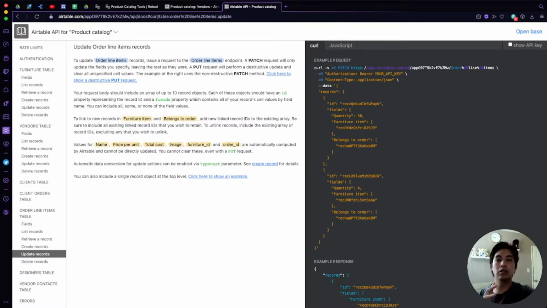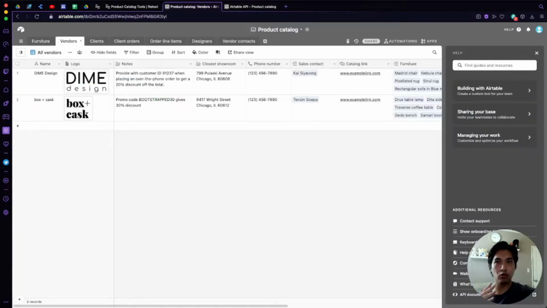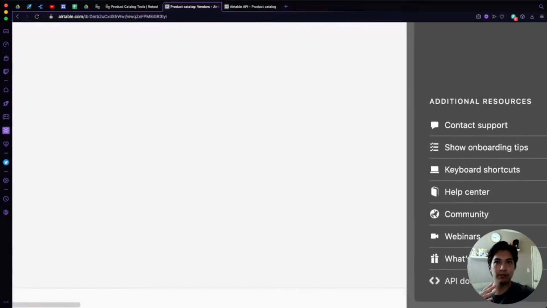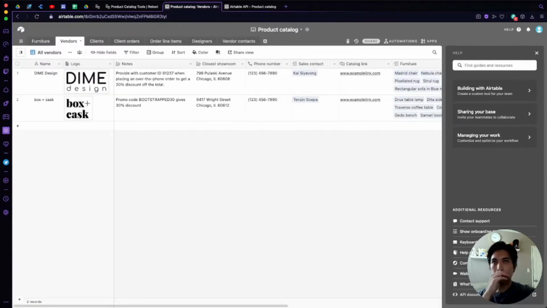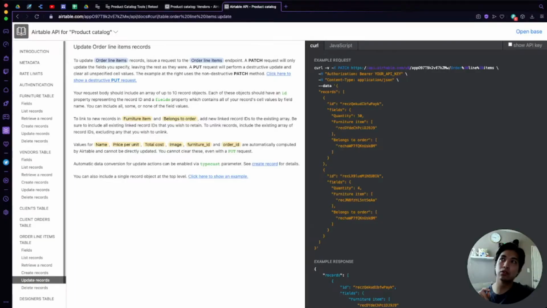This API, the documentation for it is all curated based on the base that you're using. To get to there, when you're in Airtable, you're going to click on the help icon on the upper right hand side, and then click on the API documentation located in the bottom of that tray. Once you click on that, it's going to pop open your reference guide, and that's going to be specific to your Airtable base. And that's why on the side here you'll see it says vendor tables and client orders tables and order line items. So what we're going to do is we're going to go over to the furniture tables